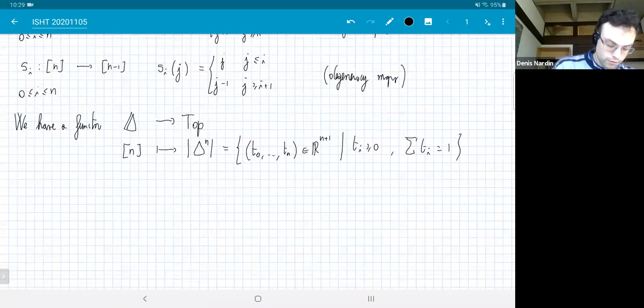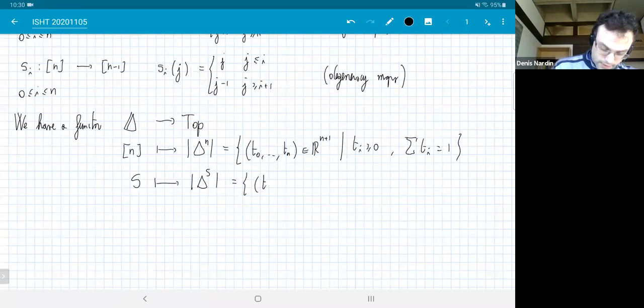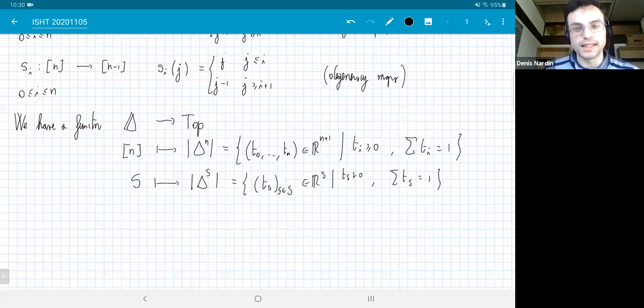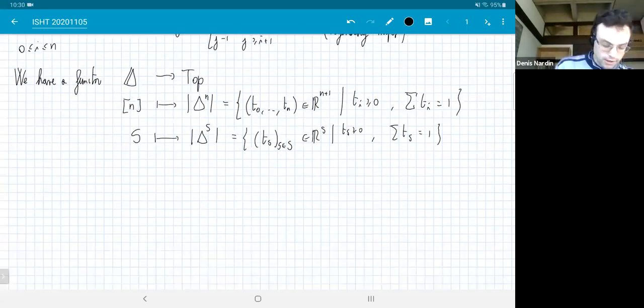And more generally, if you have an object S here, you're going to set it to this: the tuples (t_s) for s in S, in R^S. But every object is ordered from bracket n, so this is just a fancier way of saying things. And how is the functoriality working? Well, if I have a map f from n to m, I can send (t_0, ..., t_n) to